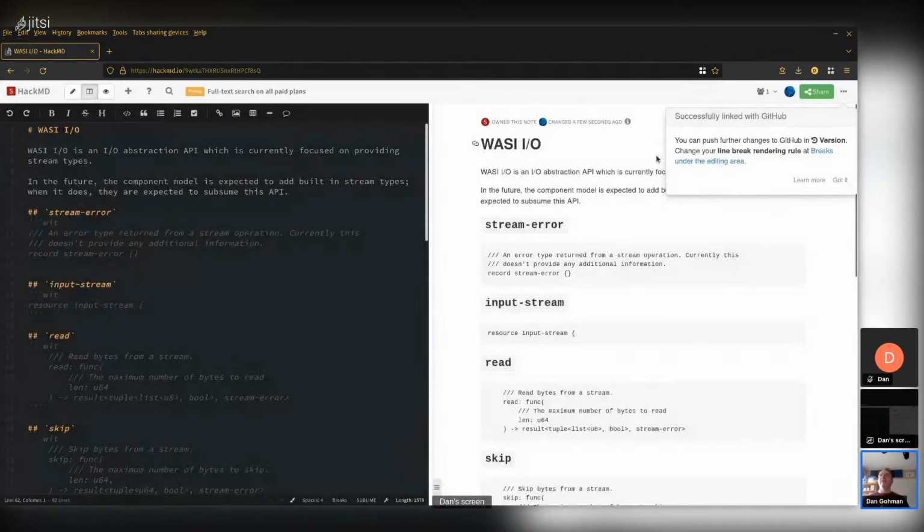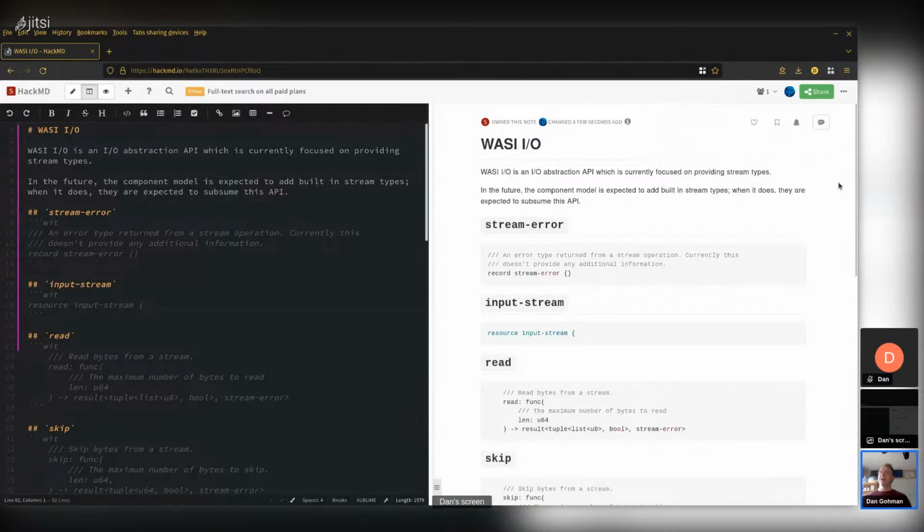So WASI IO is a concept that actually evolved a bit. We had this idea early on with WASI that the concept of streaming would be really important to WASI. It's really important to lots of different platforms. You can look at Unix, you can look at HTTP, you can look at lots of different systems that build up on top of those things that have a concept of streams. And streams are really valuable for composing multiple pieces of systems together. This has already been demonstrated in a lot of systems. So we knew that streams were going to be a super key thing that we wanted to have.